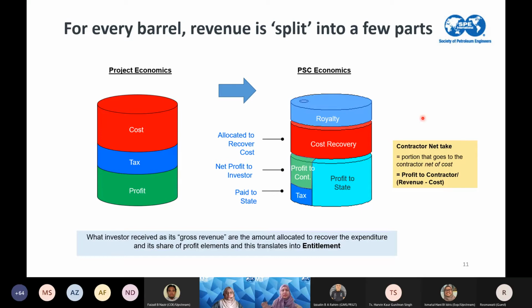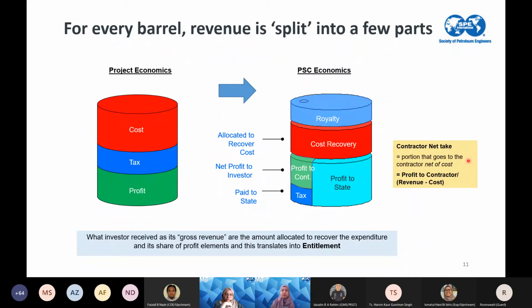So it sounds really jarring, but then you have to ask yourself, what does this number mean, right? That number is typically the contractor net take, or in my example the government net take. Okay, and it's essentially the portion that goes to the contractor net of cost. So let's not worry about how much it costs to get that barrel. If you remove that part, what's left is the profit,